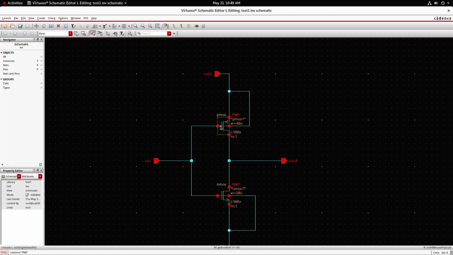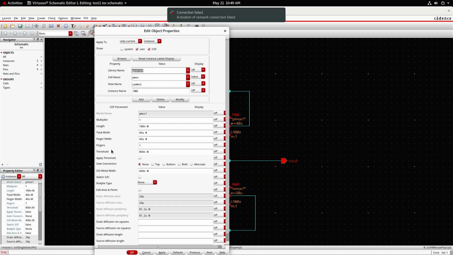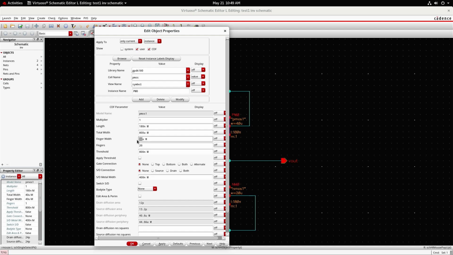Therefore, the first step is click on this PMOS transistor, then go to properties. Here the fingers, by default it will be 1. Change the fingers to 20. That means a big PMOS transistor is broken into smaller pieces, 20 smaller pieces, each of 2 micrometer, because 20 into 2 is totally 40. Therefore, finger width I am going to make it as 2 micrometer and number of fingers 20, so that the total width is 20 into 2 micrometer, which becomes 40 micrometer. That is the first setting which has to be done.